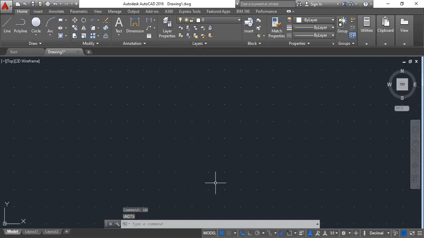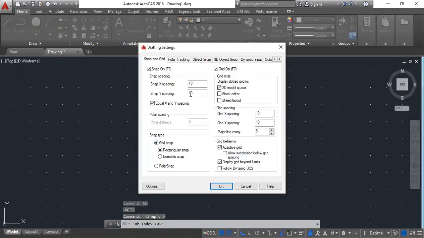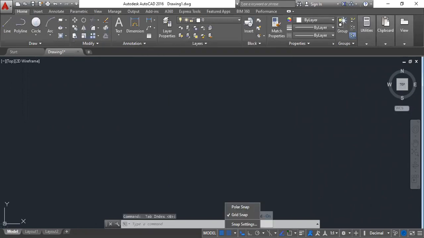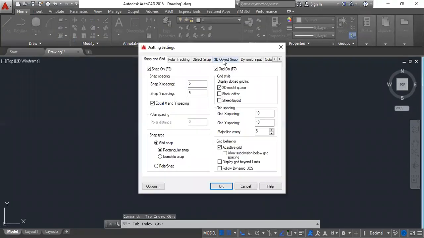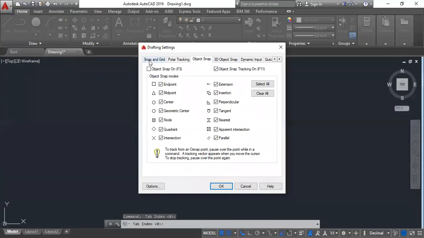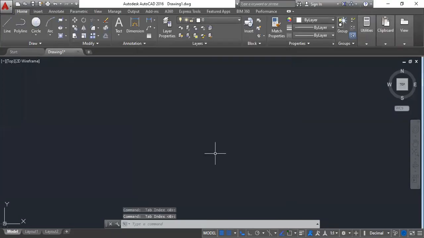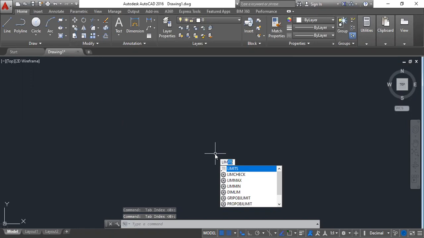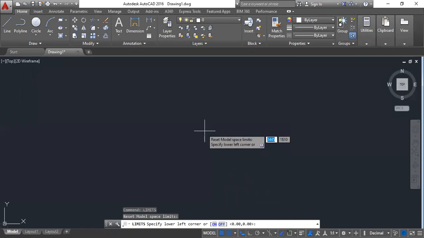Then we go to snap settings. This is 5. One thing that I should have done is object snap. Just check that everything is there.